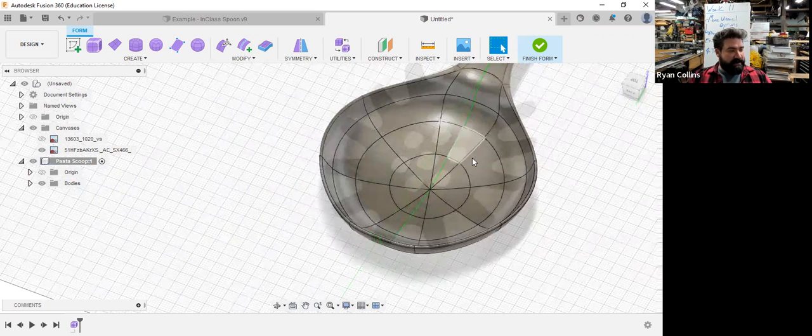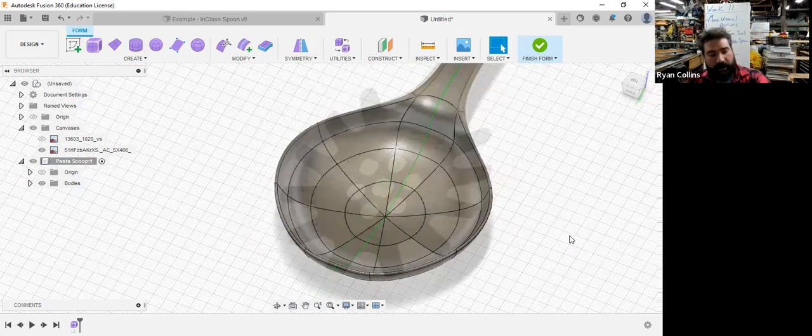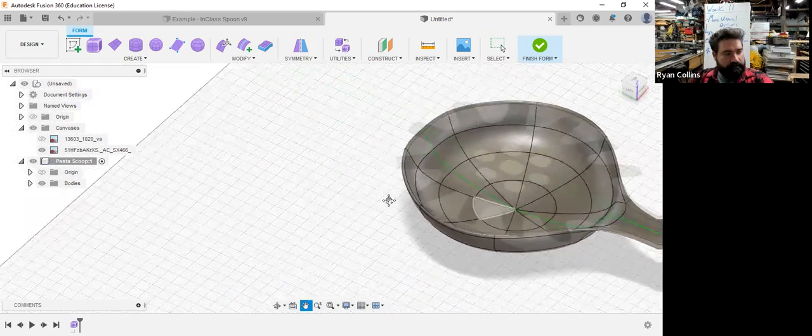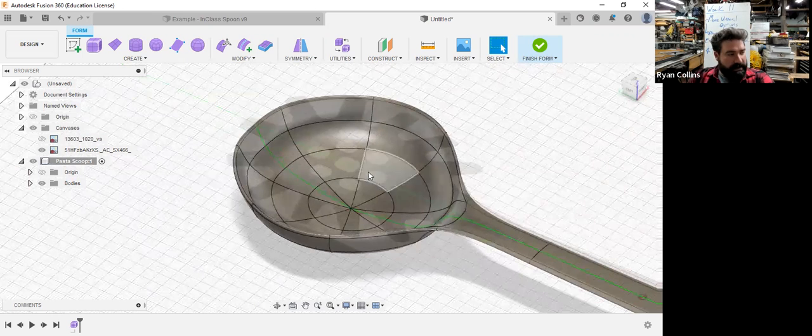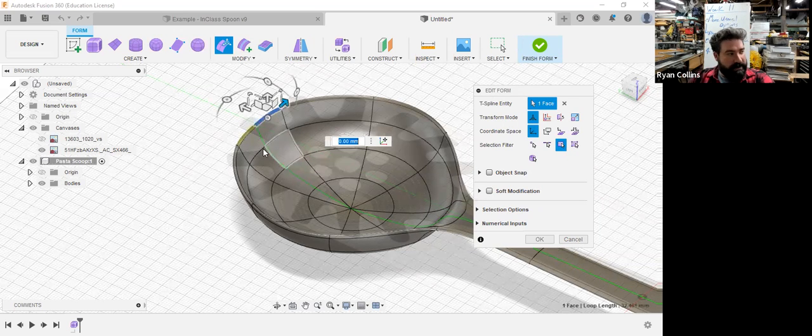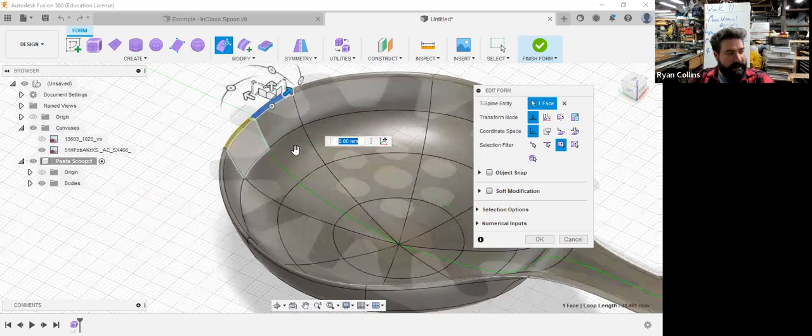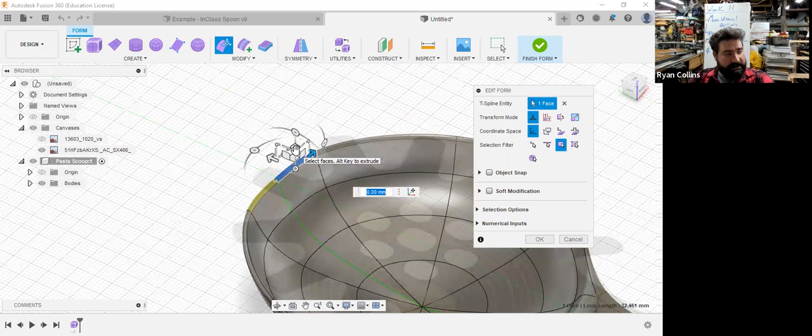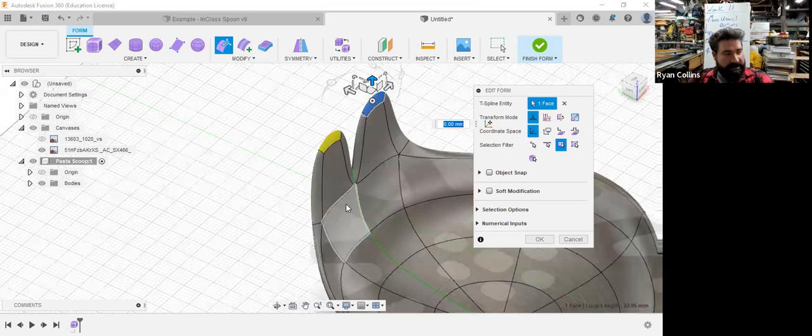Okay, so we have symmetry going. We have all that going. How am I going to create the tines? What I want to do here is I can just drag faces up. But as I'll show you, click edit form, and let's drag by faces. I'm going to need something a little more easy to control. As I just zoom in here and press and hold Alt and extrude upwards, symmetrical, and I intentionally didn't want